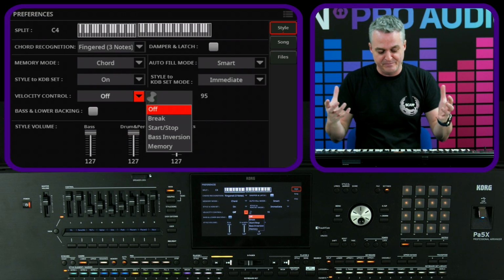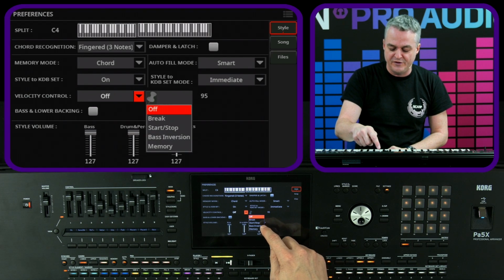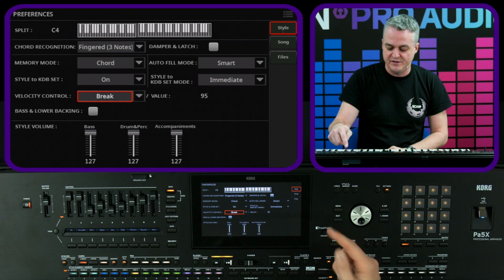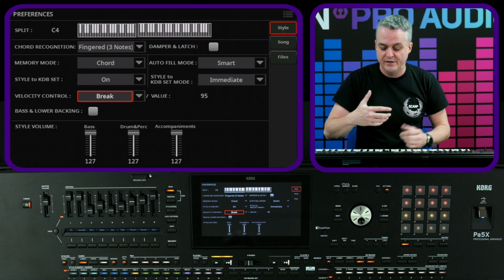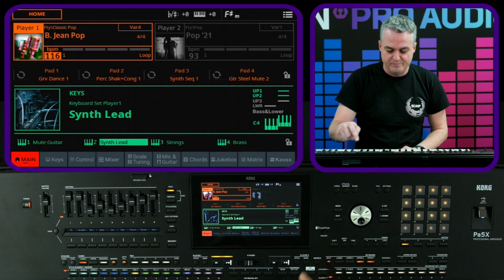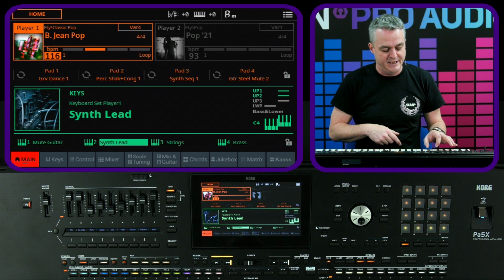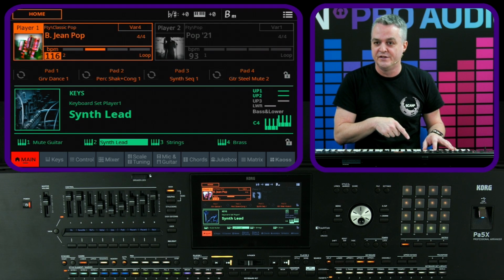Now, as I've said many times, I'm quite a heavy player, so I tend to leave it off. But if we went to something like break, which is like we've covered on the style video, a fill-in kind of thing, if I now touch the keys hard, and you've got to be in split point because it works on your left hand, if I press hard,